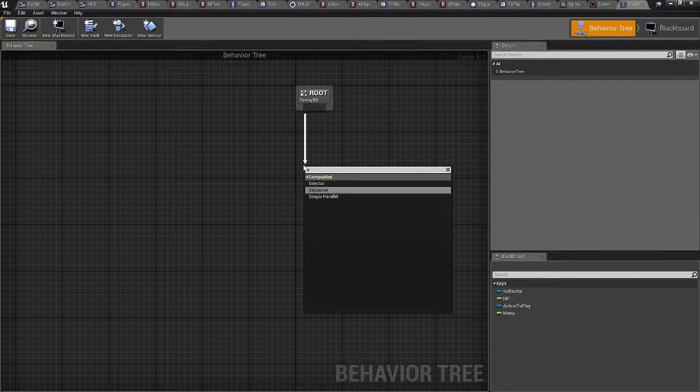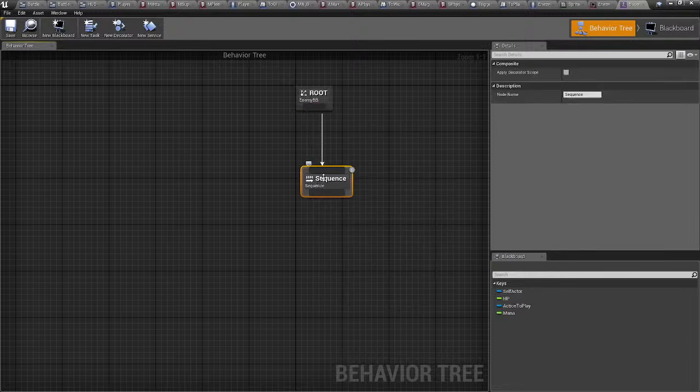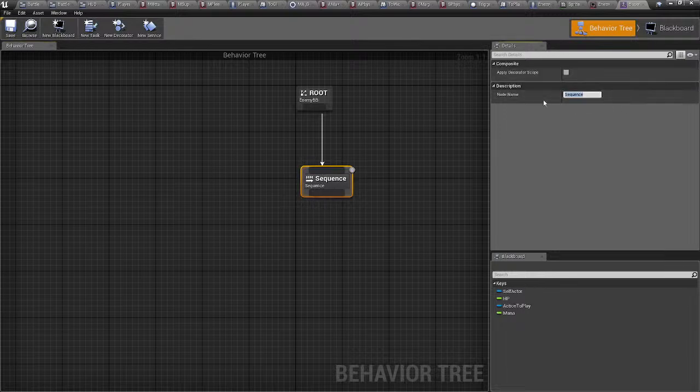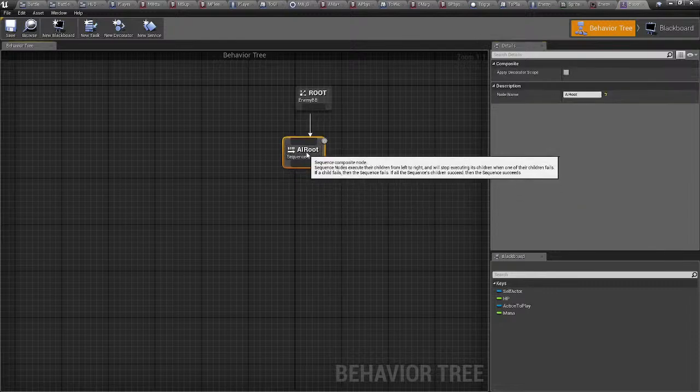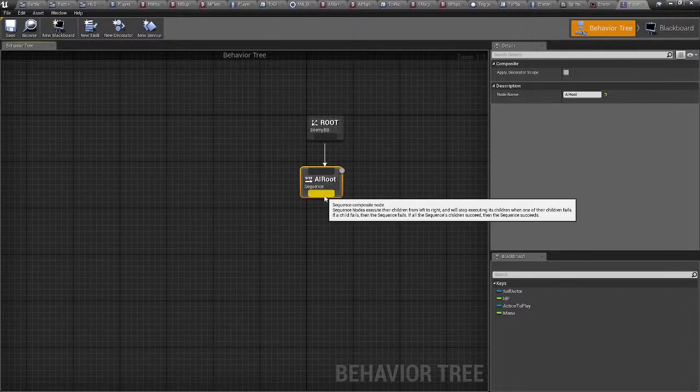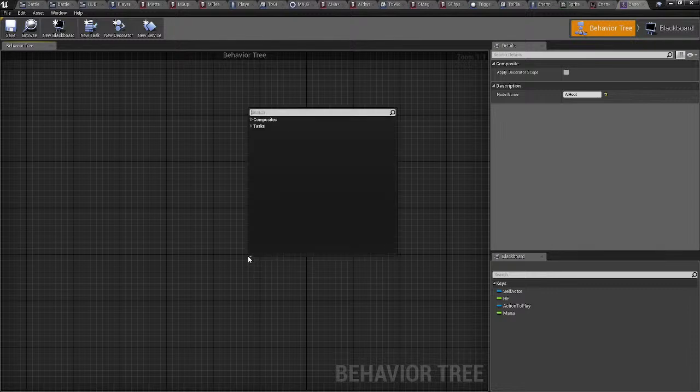It is indeed sequence that I want. Is it not going to give me the tooltip? Well, by process of elimination is the route I need. Or not route, the sequence. So then sequence I will,